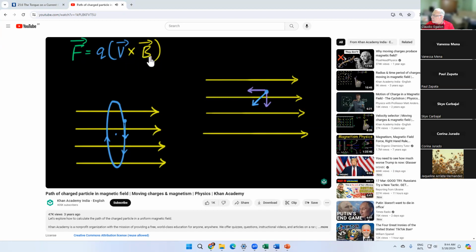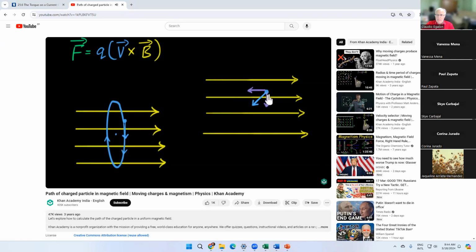Because you're doing a cross product, remember that cross product becomes 0 when vectors are parallel or anti-parallel to each other. So because this is going parallel to the magnetic field, it experiences no force. So this component will just go in a straight line with the same speed, unaffected. This component will try to make the particle go in a circle. So what's going to be the net effect? Well, one is trying to make it go in a circle. Another one is trying to make it go forward like this, the opposite direction. And so together, you're going to have a circle that's going forward.